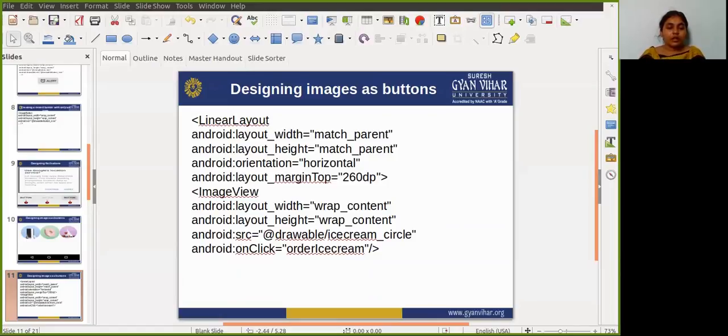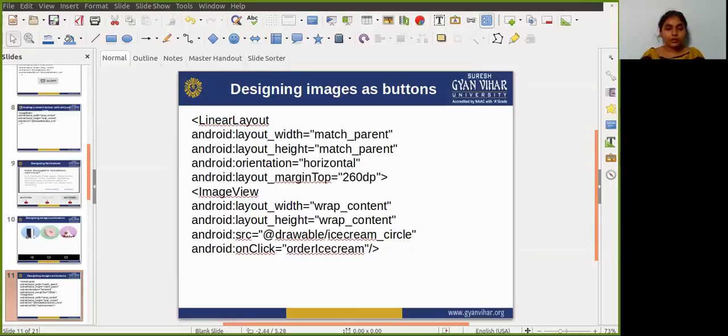In the first image view you need to write some attributes and add some control to each button. The attributes you need to add are layout width, layout height, src, and onClick. The value of layout width is wrap content, layout height is also wrap content, and for src you write the source for that particular image.